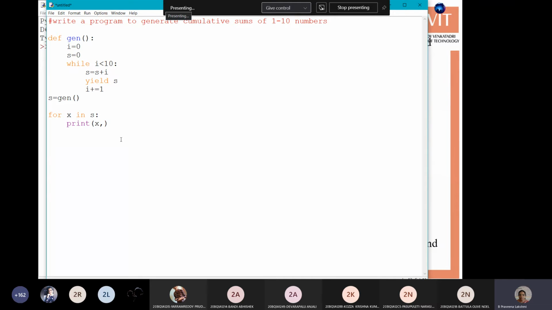So we'll see the output for the cumulative sums of 1 to 10 numbers. First we'll get 0, next 1, next 0 plus 1, again 1, 1 plus 1 is 2, then 2 plus 1 is 3, 3 plus 1 is 4, 4 plus 1 is 5. Like that we will get the cumulative sum of the numbers.